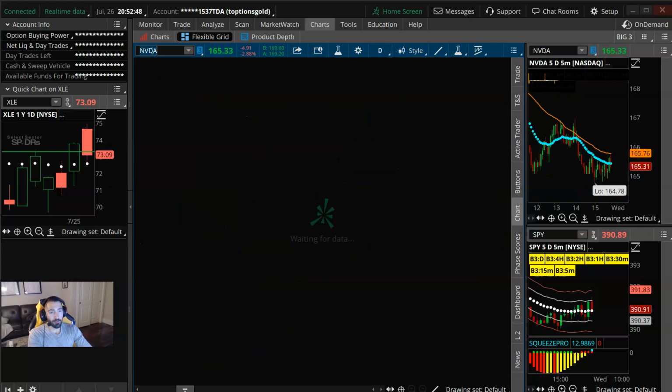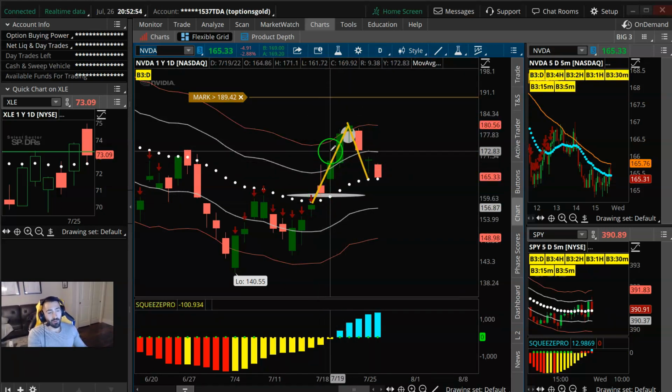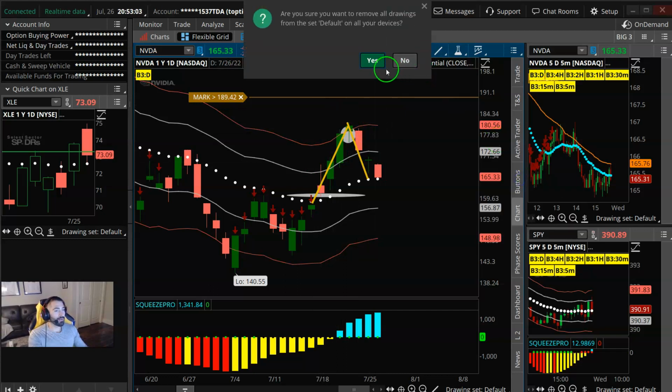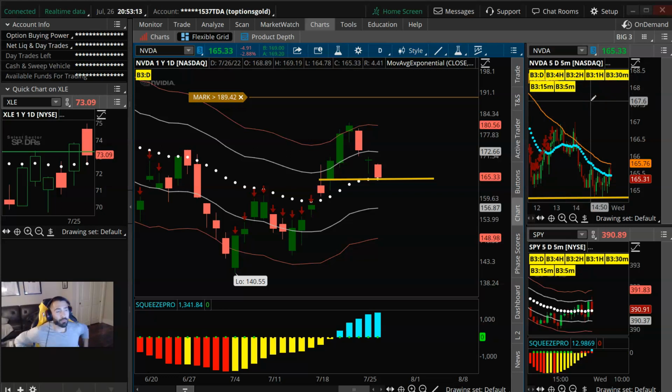I think another name to watch here is going to be NVIDIA. Right, beautiful push last week, but in the short term, guys, that's not always going to be sustainable. That's a huge rip, 145 to 180. So the pullback makes a little bit of sense. Now the question is, does NVIDIA hold here, or does it all fall apart? If it can hold here, and then the 5-minute chart goes bullish, the 15 goes bullish, the 30, we start getting a couple of those beautiful big 3 buy signals. Might be setting up for an entry. So NVIDIA,